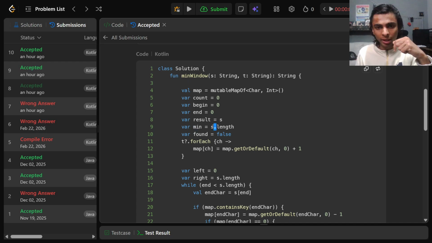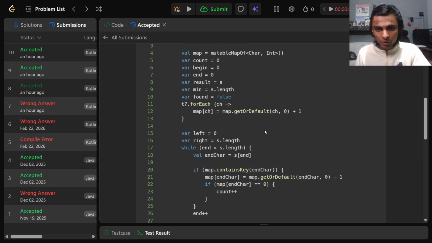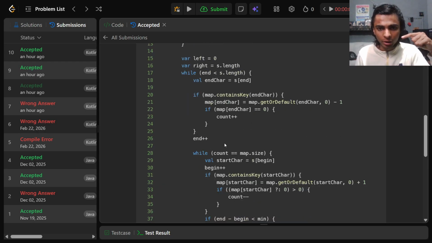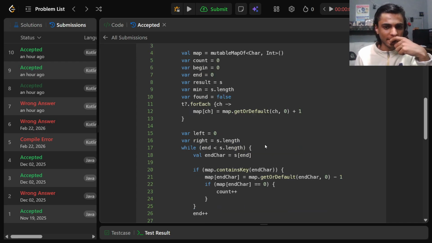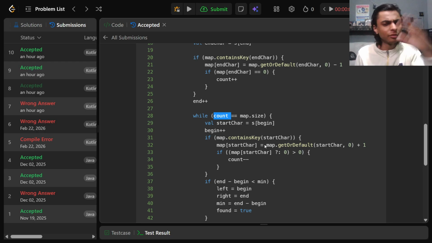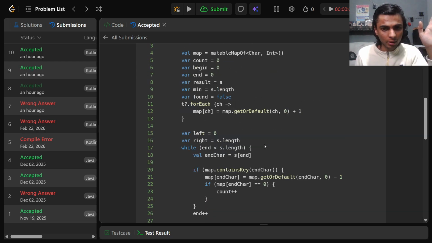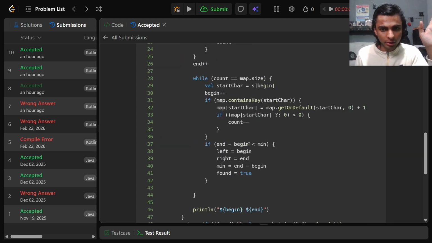Yeah, minimum. For example, I'm keeping minimum, setting it to the s length, right? But what I did was I changed this condition to when count is equal to 0, then you enter the while loop. Now the problem, well, I kind of forgot. Yeah, so the problem I faced was that checking this condition,